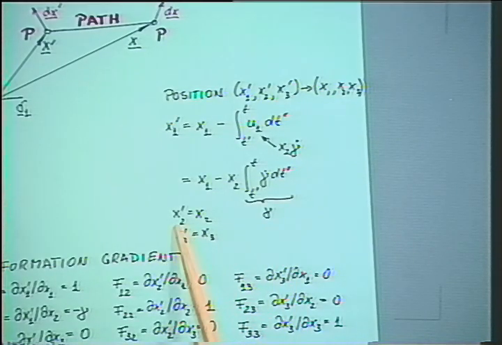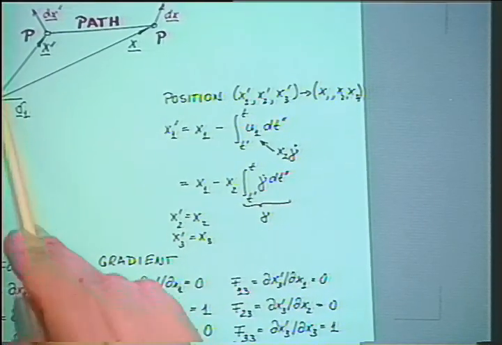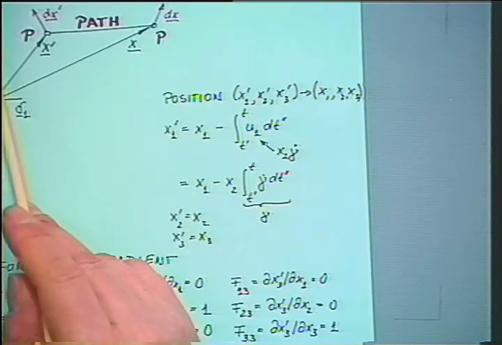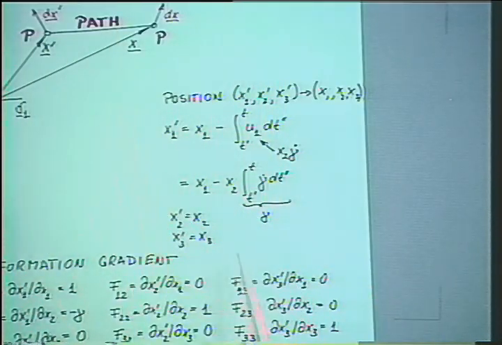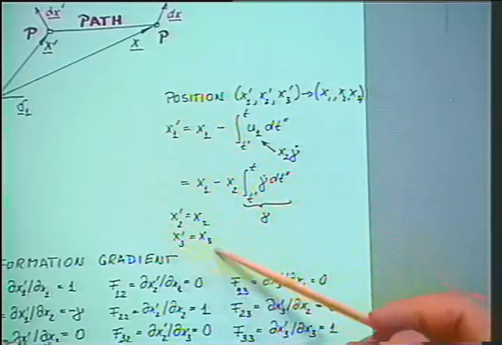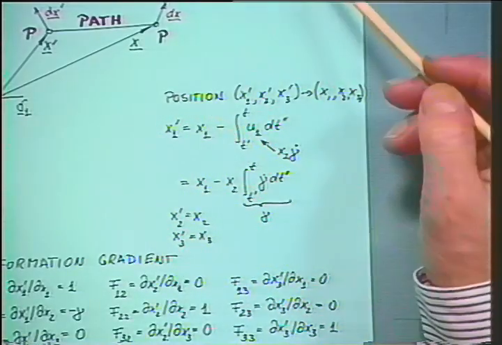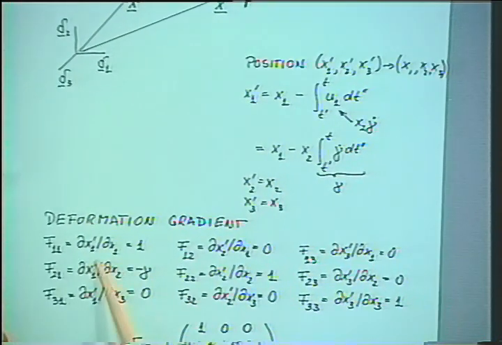The component in the two direction of this material vector stays the same, because the material is moving along a path which has a constant distance in the two direction. And also in the three direction, there's no motion. So the primed and the unprimed states are identical, giving identical components. Now we are introducing those components into our notation for the deformation gradient, and we calculate the